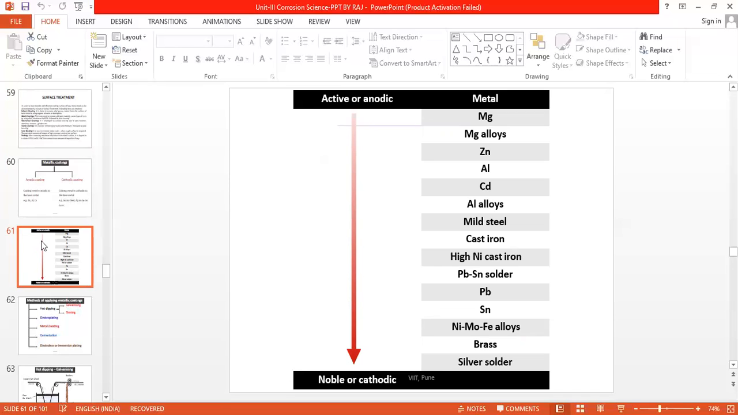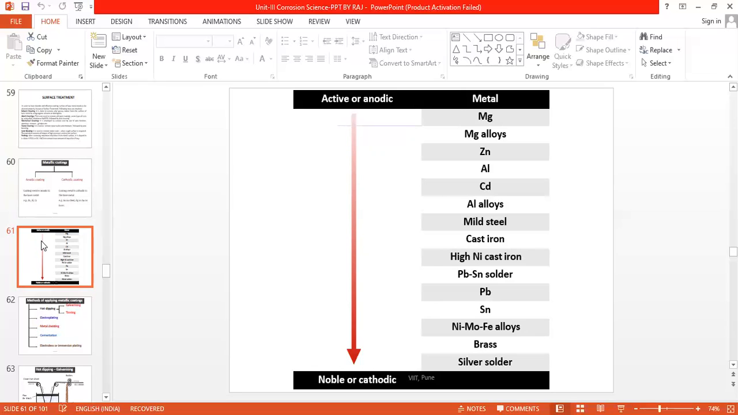The elements which are placed at the top are more active or anodic, and they show a higher tendency for corrosion, whereas those which are placed relatively at a lower position, like Au, Ag, Pt, Pd, are more resistant to corrosion, and therefore their cost is very high, as I have explained to you